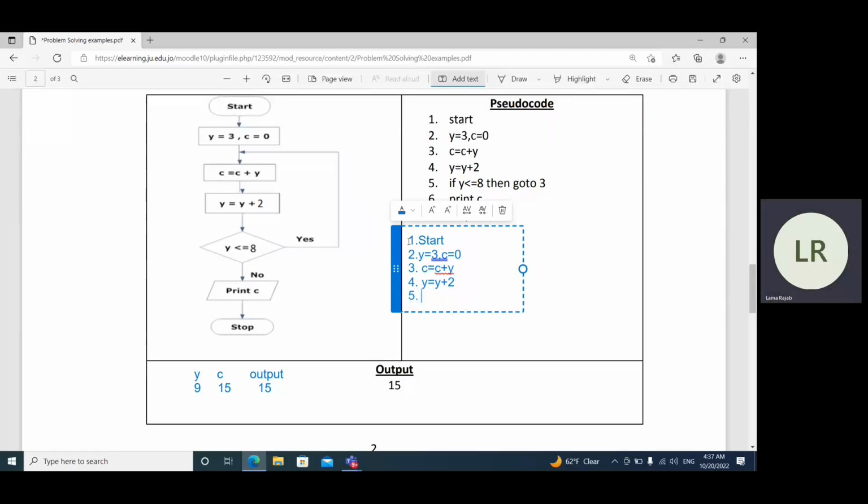Step 5, if Y is less than or equal to 8, then